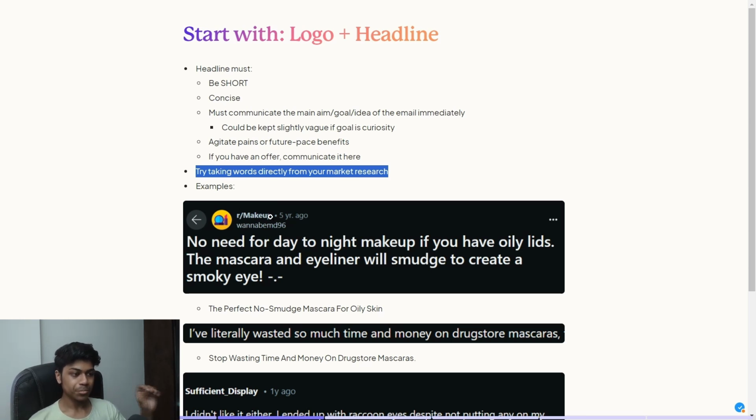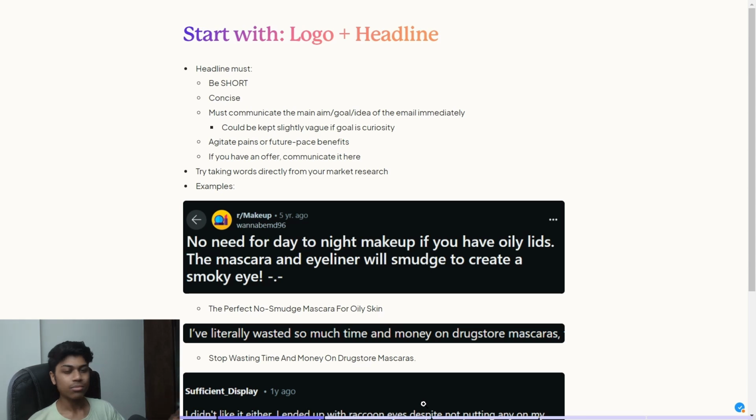Basically, what you want to do is look up the word mascara or whatever your product is in the Reddit search bar, and then it's going to let you sort by the upvotes. That's what you want to do, because the more upvotes a post or comment has, the more it resonates with your audience, right? Then you'll come across different posts, and they're going to talk about all their problems and benefits and goals and aspirations and pains and fears and frustrations. You want to note them down in a separate document somewhere, and then use them in your copy whenever you want, however you want, right?